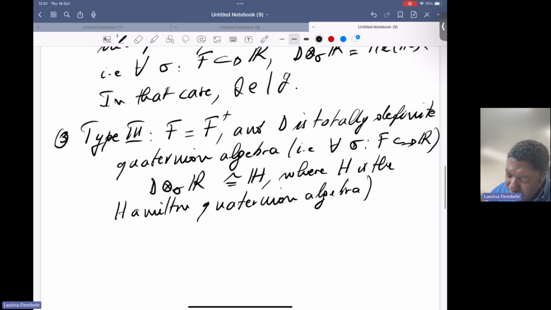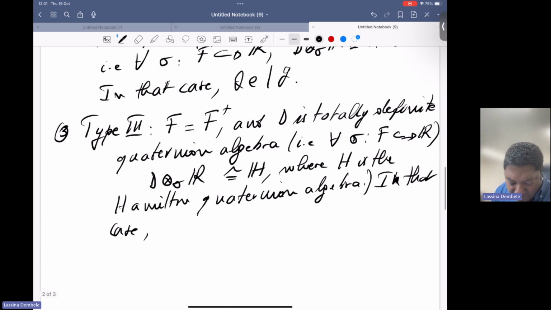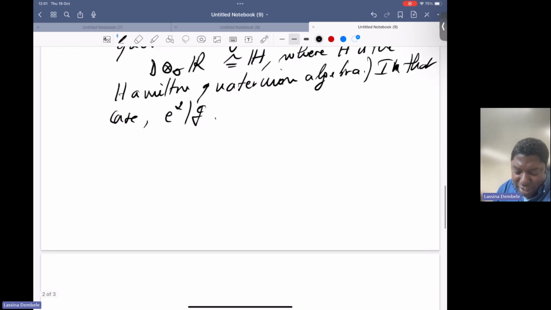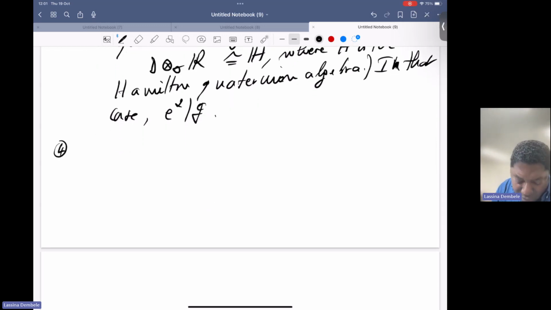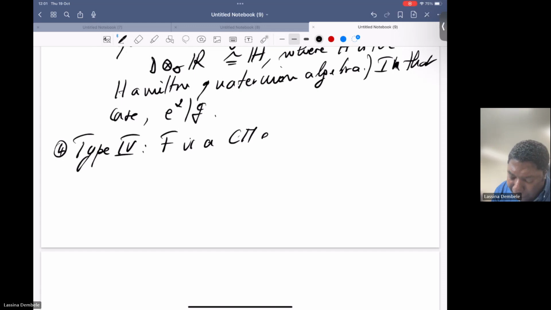Okay, so in that case, we will have that the square of E divides G. So that's the third case, and now we go to the fourth case. In the fourth case, F is a CM extension